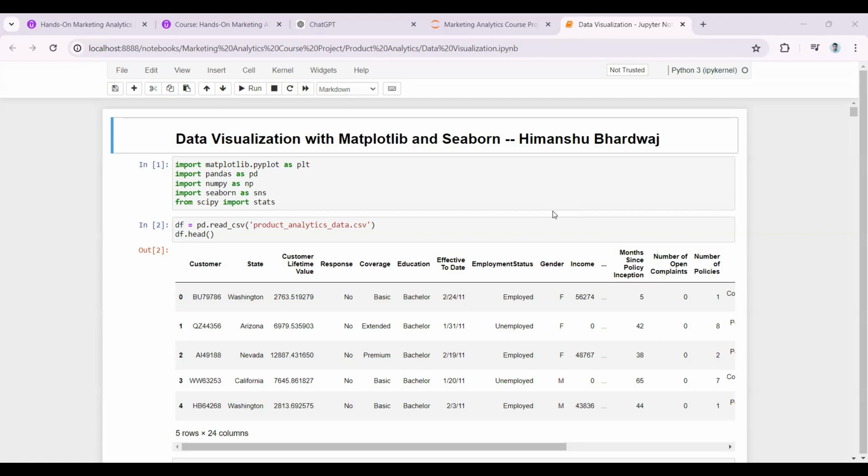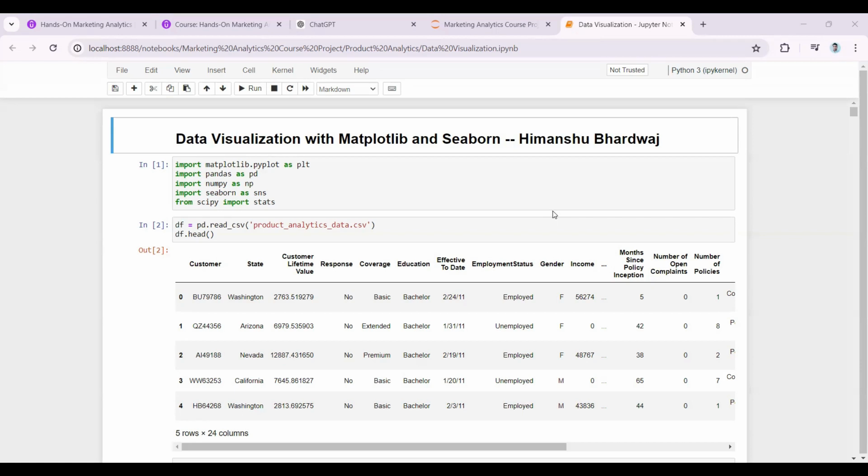Seaborn, on the other hand, is built on top of Matplotlib and provides a higher level interface for creating attractive and informative statistical graphics. It simplifies the process of creating complex visualizations and comes with built-in themes and color palettes to make your plots